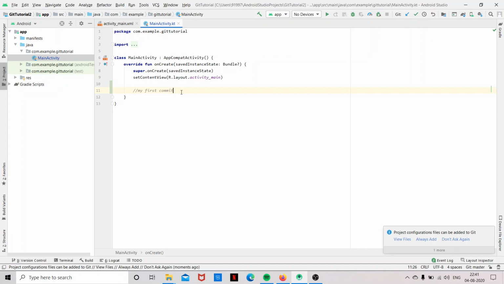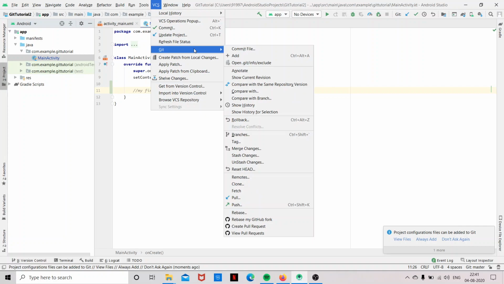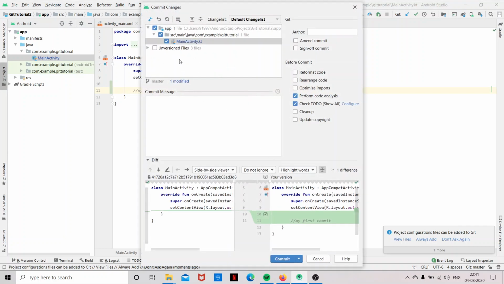So now for these changes to be available in my GitHub account, I have to first commit the changes. So I'm going to go to VCS, git commit. So Android Studio now shows me all the changes which are done in my project. I have edited only one file, so it shows only one file here.